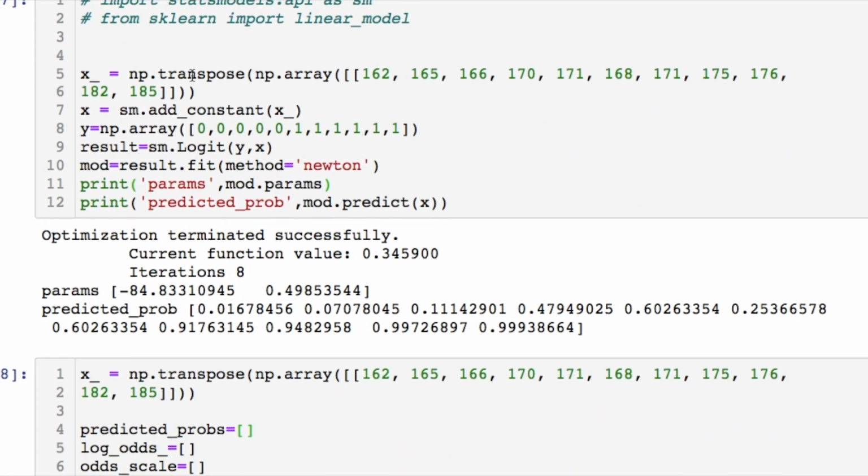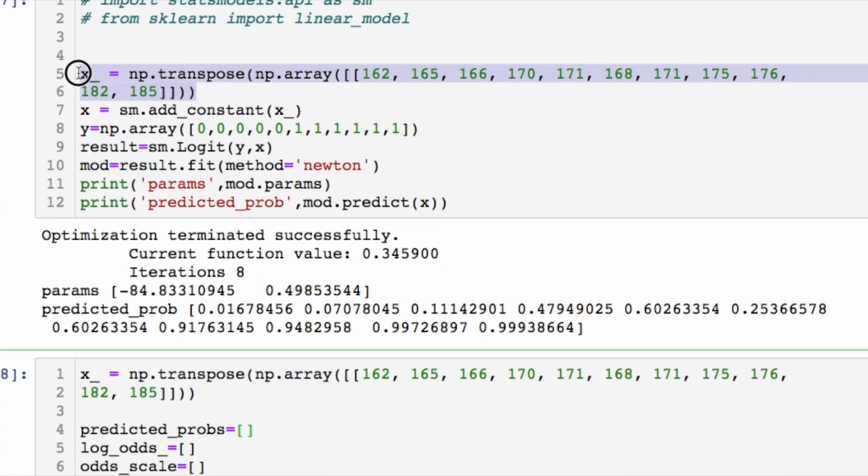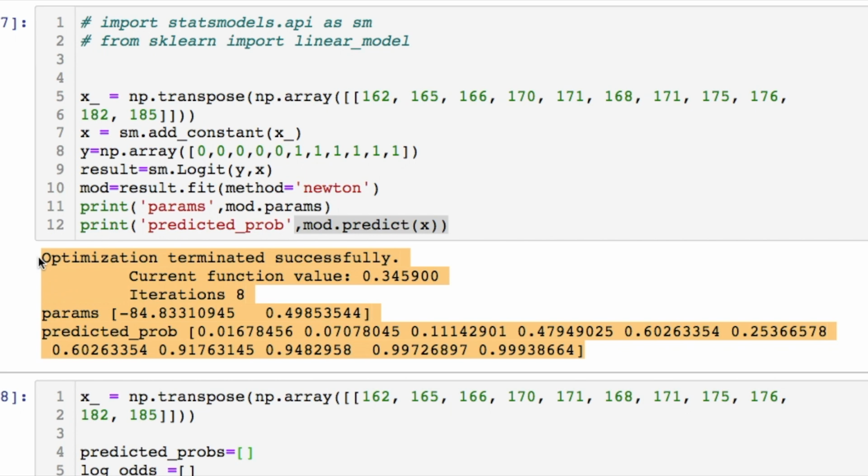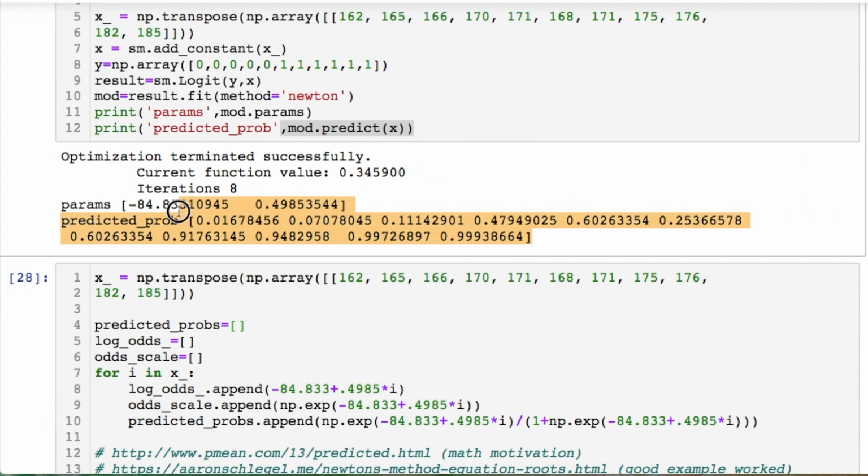Suppose I took the data I formed in the beginning with the height versus gender, and here's our labels, and I'm using something interesting here if you've never seen this before. What I'm doing is needing to convert this. I run it through my logic, I fit it with the Newton method, I find my parameters, and I show my prediction, and here's my predictions after 8 iterations. This isn't what you think it is for accuracy, so don't get that confused. Pay attention to these because we're going to come back and find out how you get these.